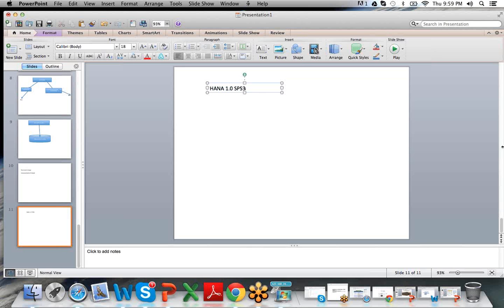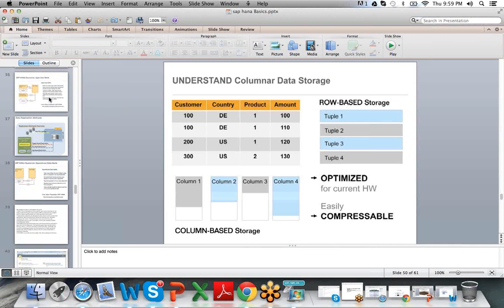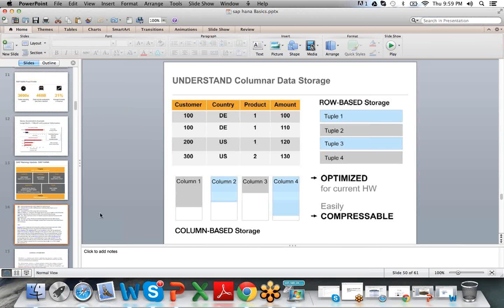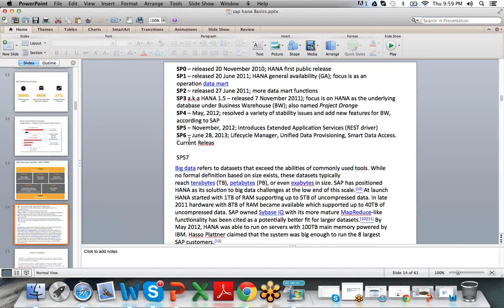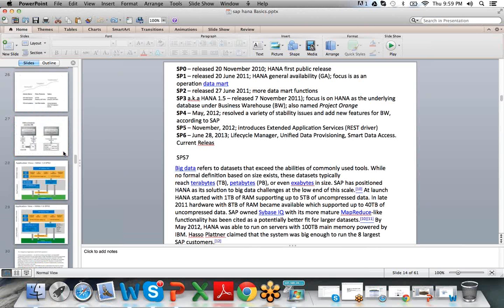In later support packs, we are currently in support pack 8. See, later support pack 4, support pack 5, support pack 6, support pack 7, support pack 8. From support pack 6,